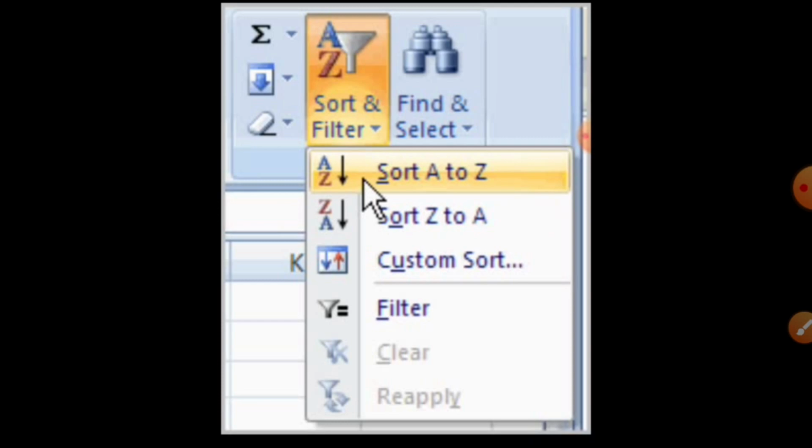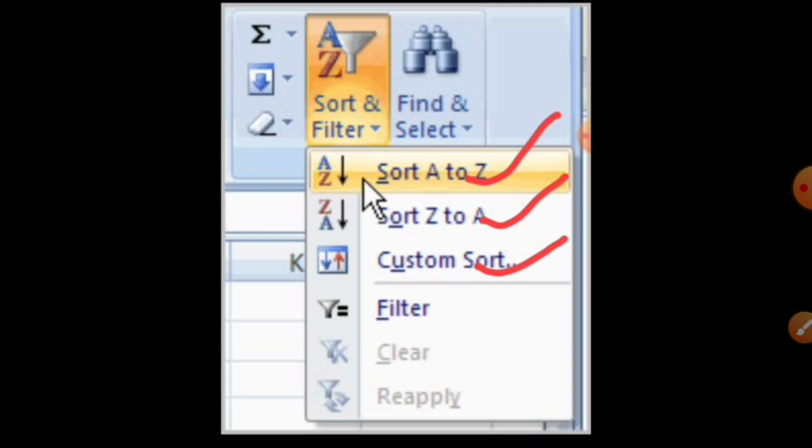Students, you can see this is the icon of sorting in ascending order, A to Z, and this is Z to A. It shows you can sort in descending order, and this is the Custom Sort. Custom Sort is for sorting according to color: if you want to sort your data by cell color, you can choose Custom Sort.